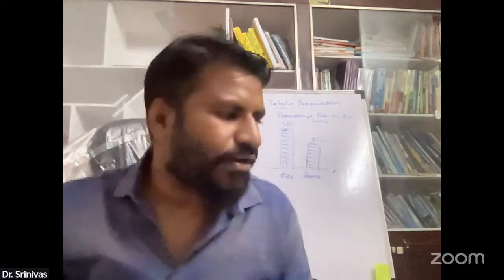See illustration number 1. Year they given, sales they given. Is it clear? In the year they showed 20,000 sales, in 2018, 15,000 sales, and in 2019, 30,000 sales. It means every year only one variable is there, and only that variable we are going to see. So it is called